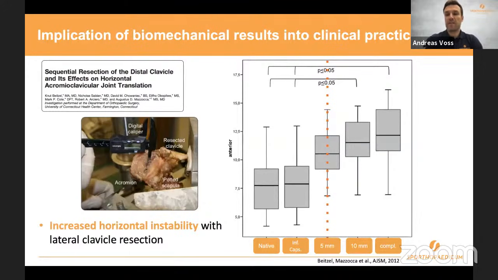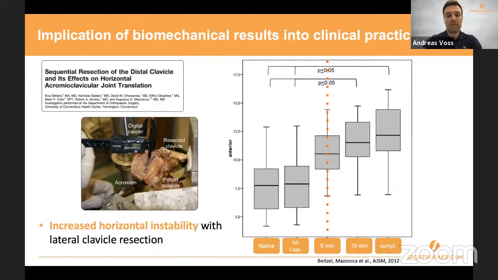If we consider AC joint reconstruction, there are a few points we have to consider. There are anatomical and also reconstructive key points we have to look at. First of all, the AC joint resection or the lateral clavicle resection has been a procedure which has been done a lot in the past, and this is a very interesting study which investigated how much we can really remove from the AC joint. You can see here the 5 millimeter is the cutoff point where you increase horizontal instability